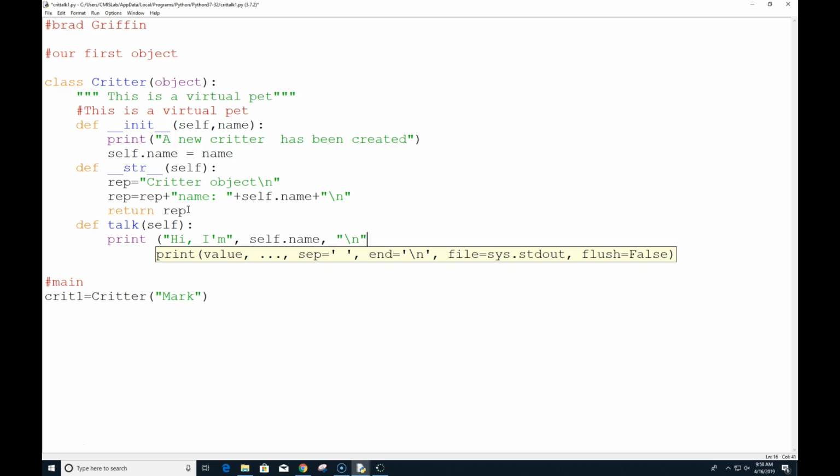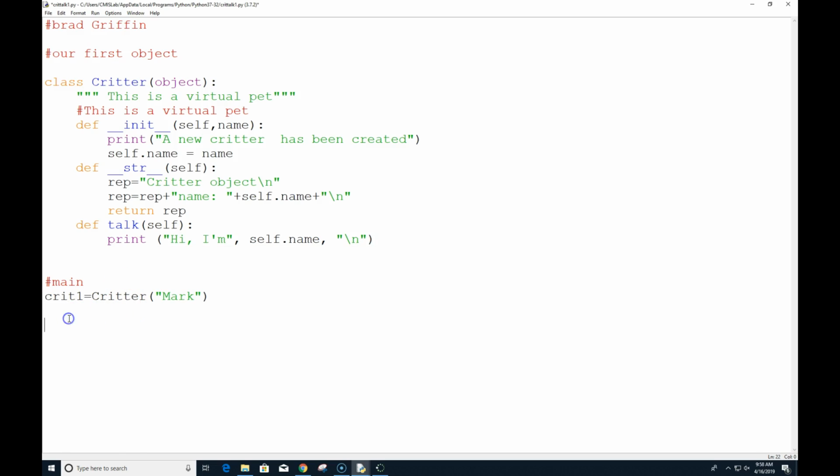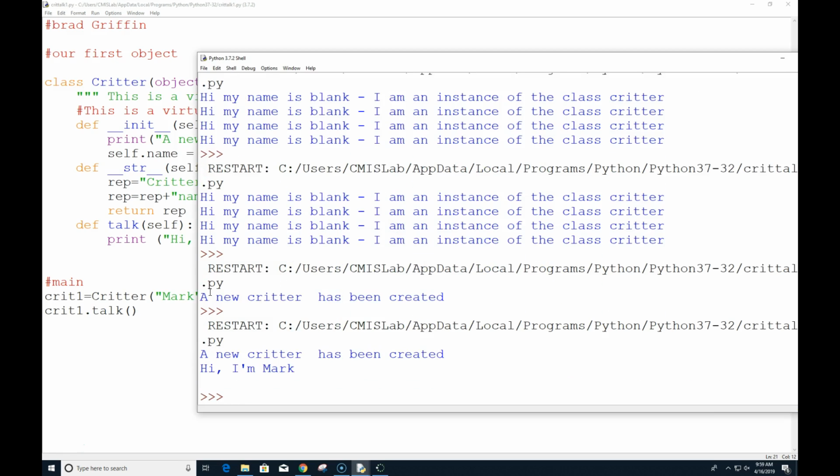And then we just put a new line so we make sure it hammers it down one line. And so now if we said crit1 dot talk, it should, oh, look at that, it can actually print out its own name.